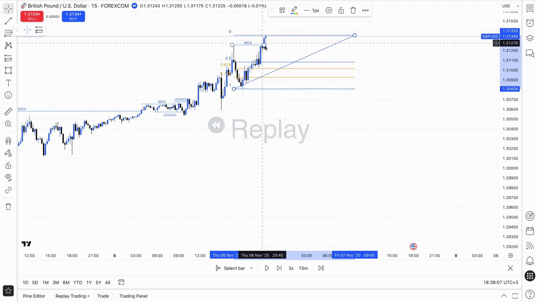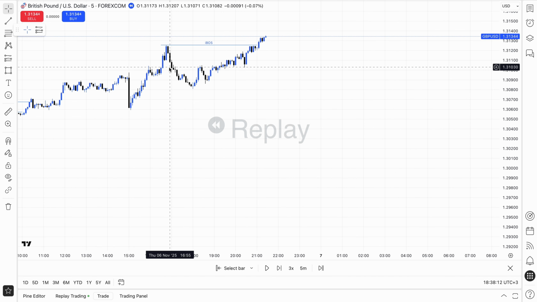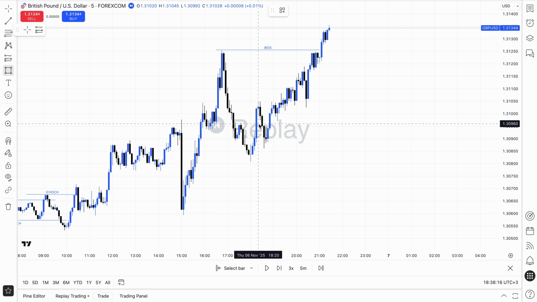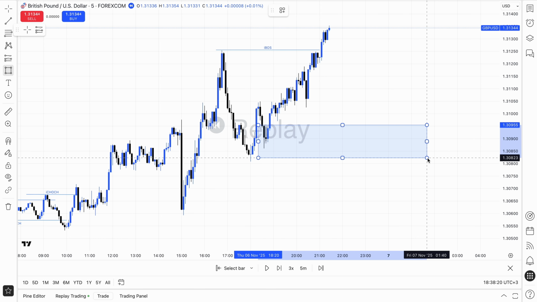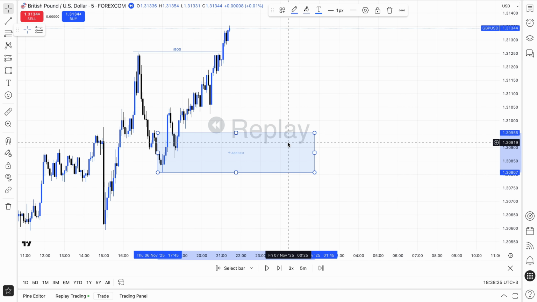You can see it was just up here, so it was invalid. So I had to go down to 5 minutes and I got this candle, this last sell to buy candle for our demand zone